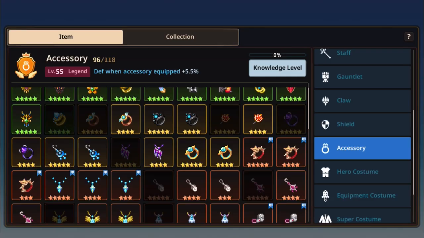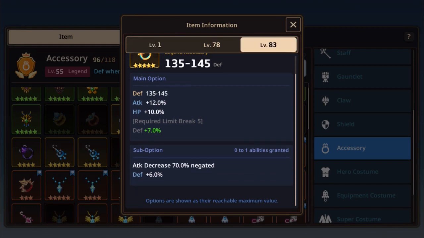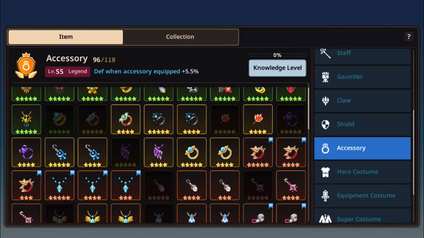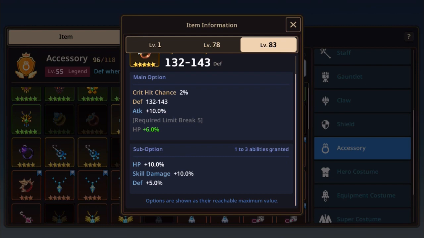optimal in my opinion. Now for the legendary accessories, first there will be the honor ring, pretty strong, 145 of death here. You can see by yourself, attack plus 12%, you have some HP. If you limit break it, you have defense plus 7%, and you can get one ability granted, hopefully the defense plus 6%, but I will prefer here the ring of belief, 143, so as much of defense here. You have critical chance 2%, some attack 10%, and you can get 3 ability granted, HP, skill damage and defense